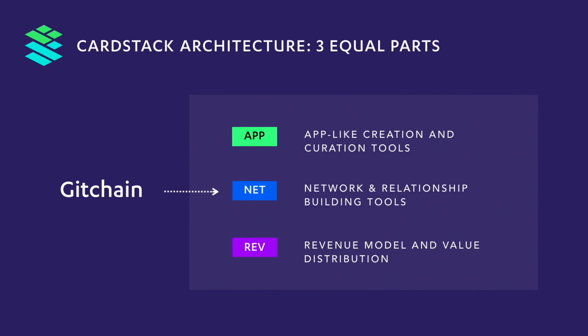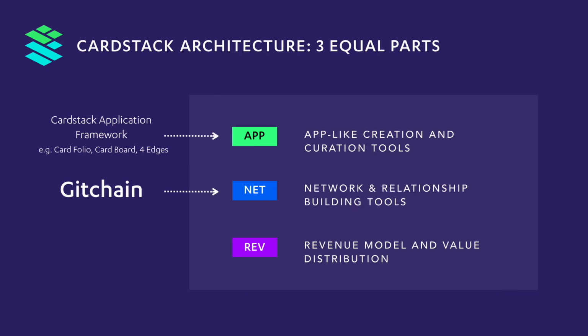So zooming in a little bit, one of the things that Cardstack has been focused on is this layer of app-like creation and curation tool. When we talk a lot about the Cardstack application framework, it's about building the app, or helping developers figure out how to build the app. The only way to explain what the Cardstack application framework is, is to say we're trying to build a new type of building with a new type of material. It could be steel beam, it could be carbon fiber, nanotubes, whatever it might be. Cardstack is thinking about building applications in a new way.